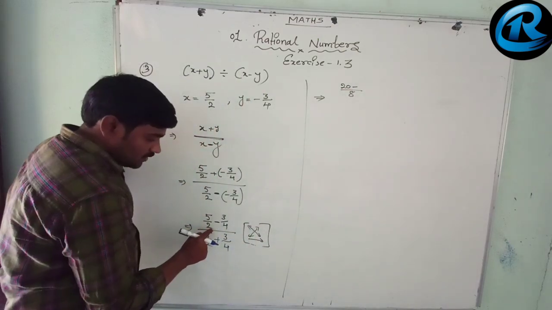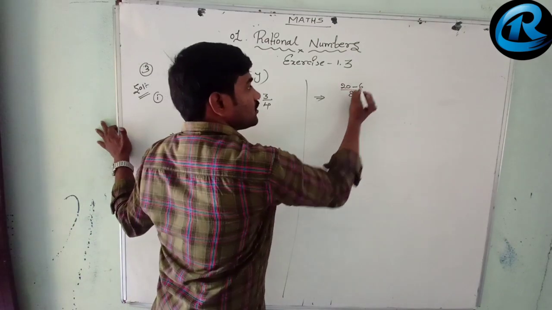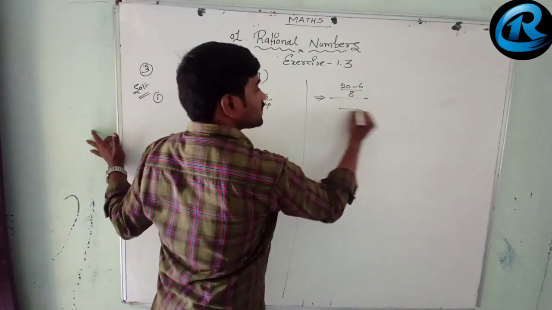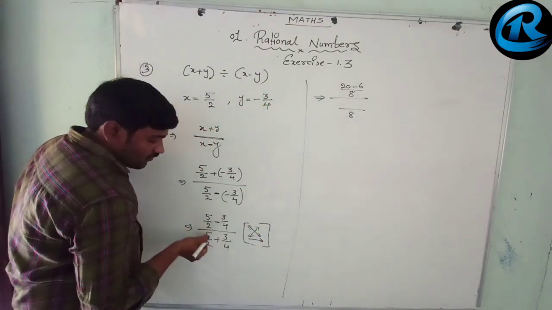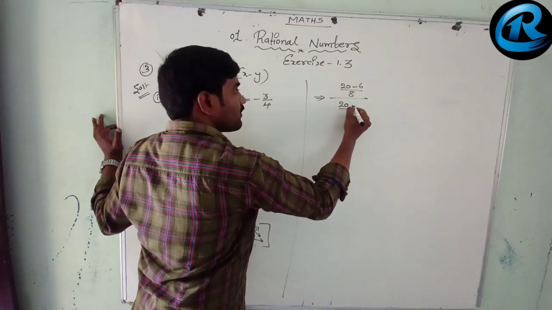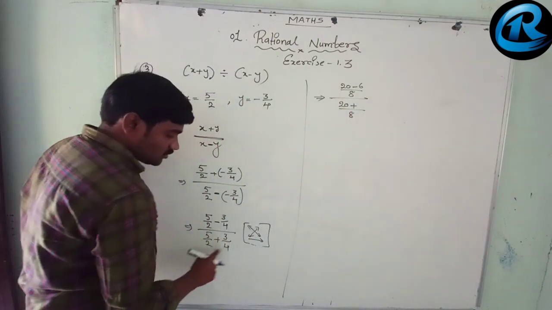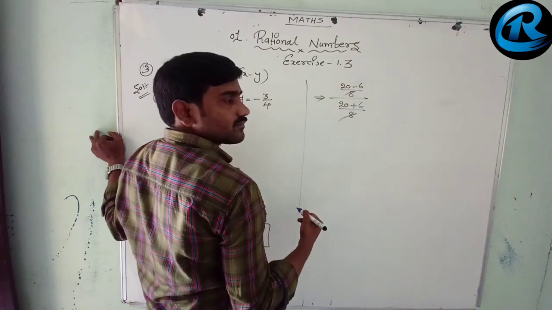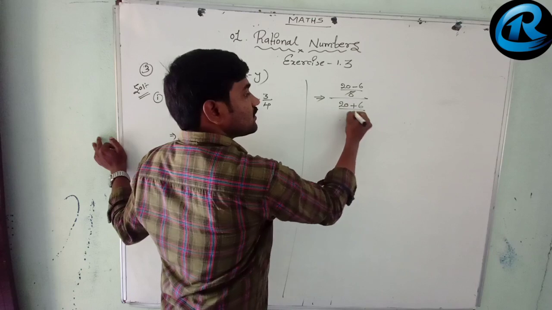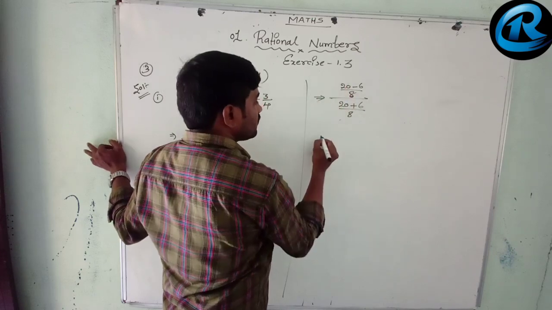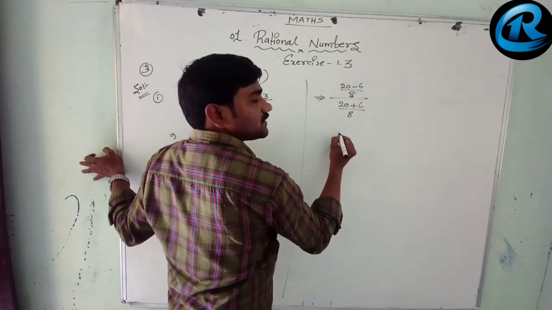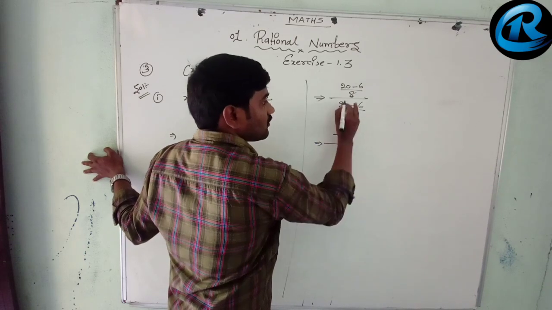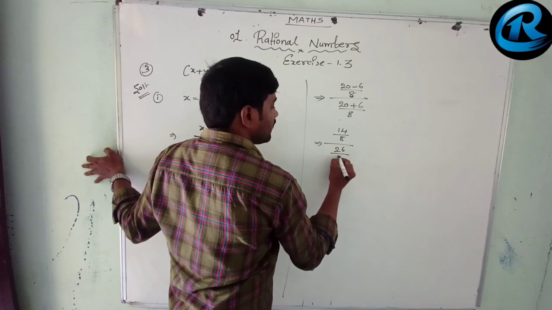Minus, it is minus here. So 2 3s are 6. So numerator part completed. In denominator also do the same. 2 4s are 8. 4 5s are 20. Because it is a plus, 2 3s are 6. Now this 8 and this 8 we can cancel. Or else, you remember one more thing, I will do it. Let's do it. 20 minus 6 is 14. 14 by 8 whole by 20 plus 6, 26 by 8.